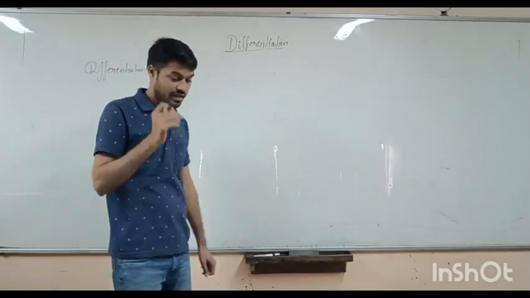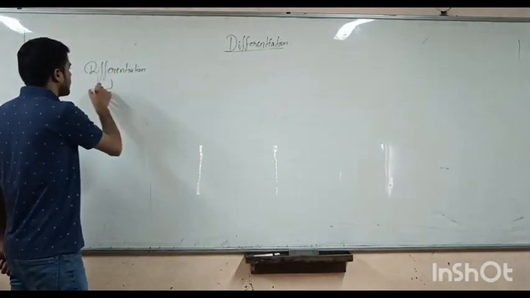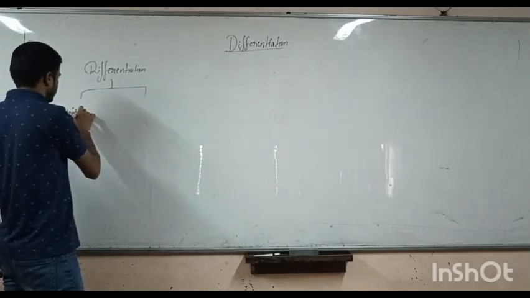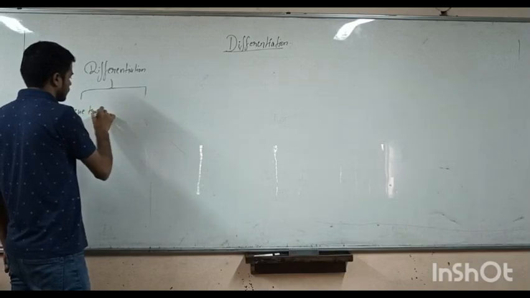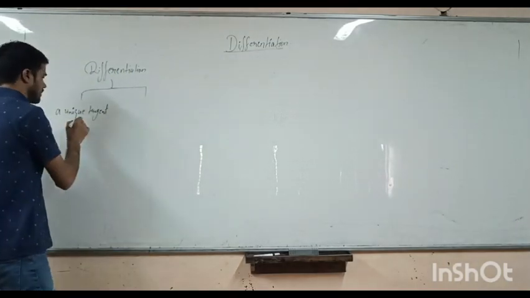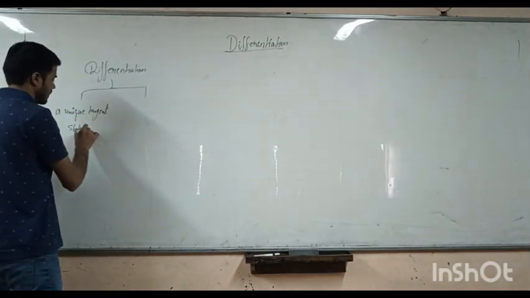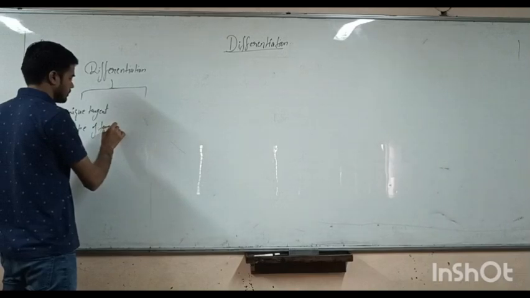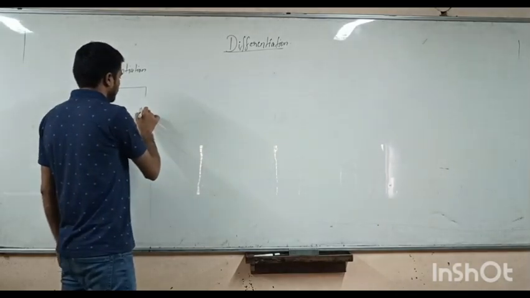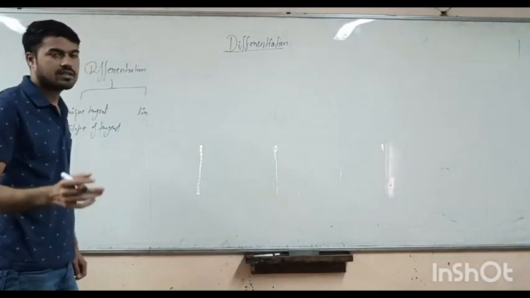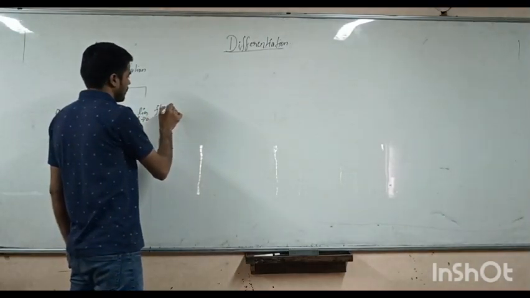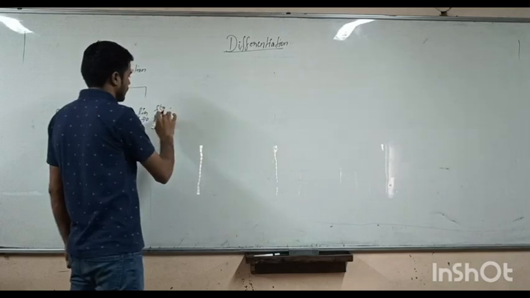About differentiation, we have read that a function is said to be differentiable if there is a unique tangent, and the slope of that tangent is called the differentiation of that function. We also know differentiation as a rate of change, the instantaneous rate of change of any function. We can think like that.